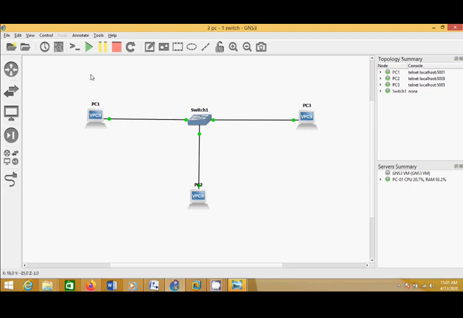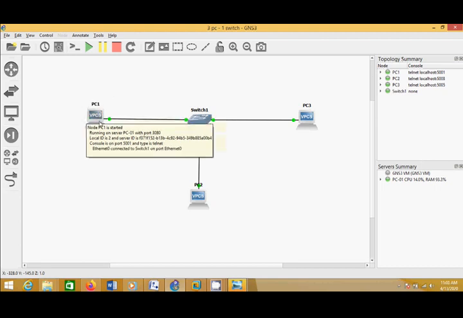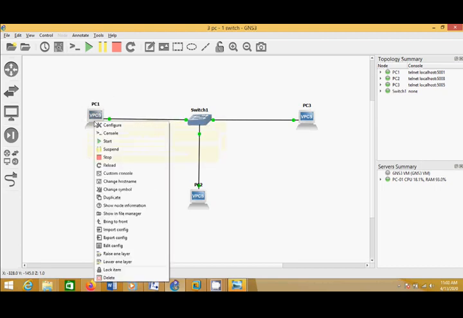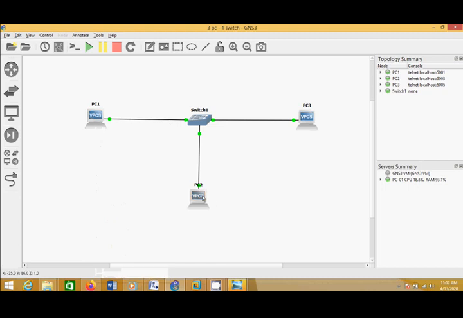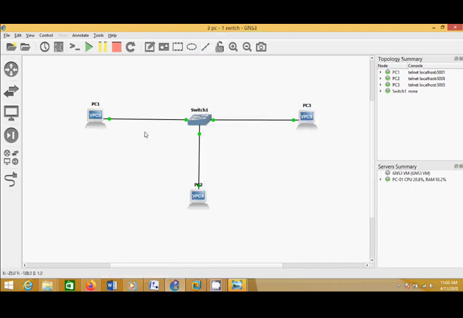Then let's open the console to set the IP address of each of the computers. We can open the consoles one by one by right-clicking the computer and choosing console, in PC1, then PC2 and PC3. But here we can just open all of them by clicking this one. Okay, wait a moment.